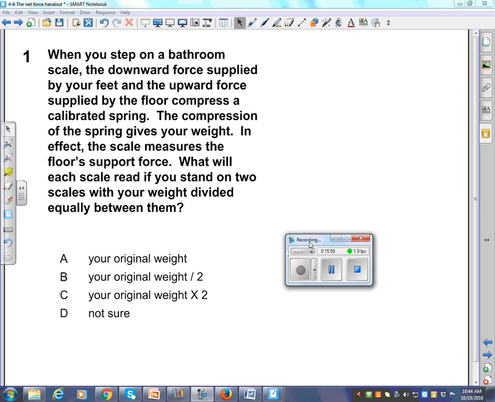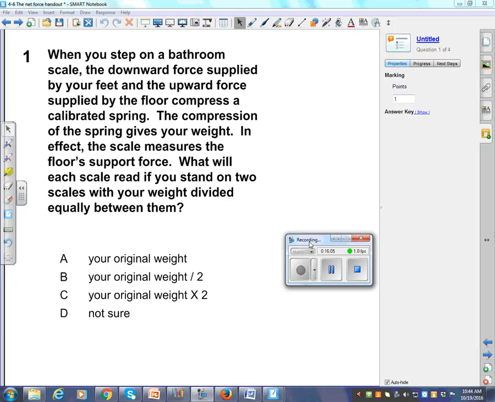Okay, so when you step on a bathroom scale, the downward force applied by your feet and the upward force applied by the floor compress a calibrated spring. The compression of the spring gives you your weight. In effect, the scale measures the floor's support force. This one measures it in newtons. What will each scale read if you stand on two scales with your weight divided equally between them? So in other words, instead of one scale,